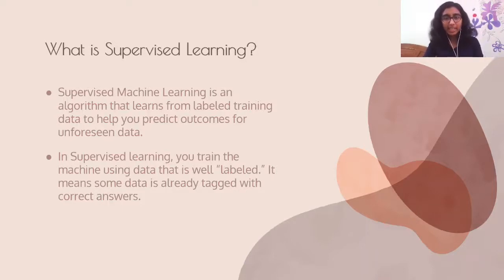So what is labeled data? Labeled data is the data for which we know the outcome. These can be data from history, like history records. In the case of loan analysis, it will be the data of whether a loan made under certain conditions, whether the borrower was able to pay back the loan or not. So labeled data means some data is already tagged with the correct answers.